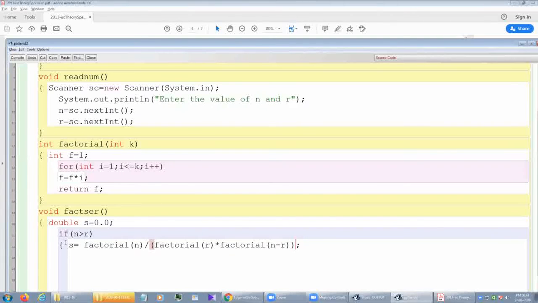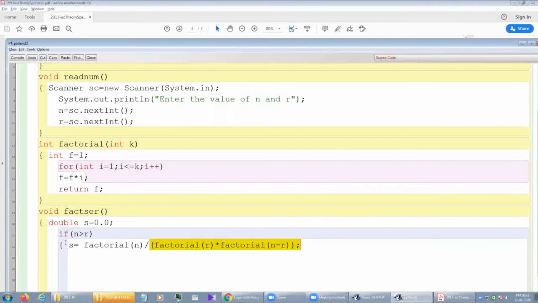That is exactly what I want to say. Another thing you need to remember: factorial n, from this portion to this portion, is also written as integer. That means factorial r also and factorial n minus r also. If we do not convert to double, then what happens?